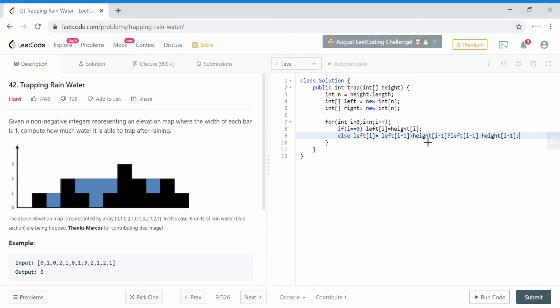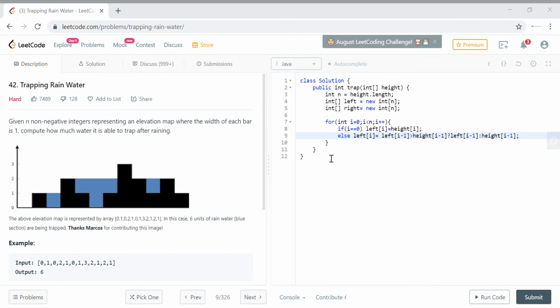Okay. So the maxima will go like this. In this particular case, till here the maxima was this, but when I reached here, the maxima for this building will become this. Same goes for this building. Till here the maximum is this, since this building is greater than the previous one, so that is why for this particular case.